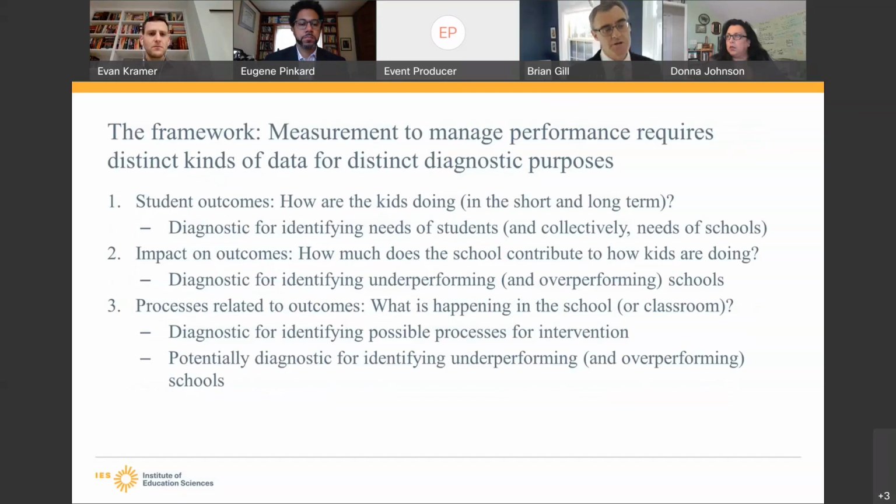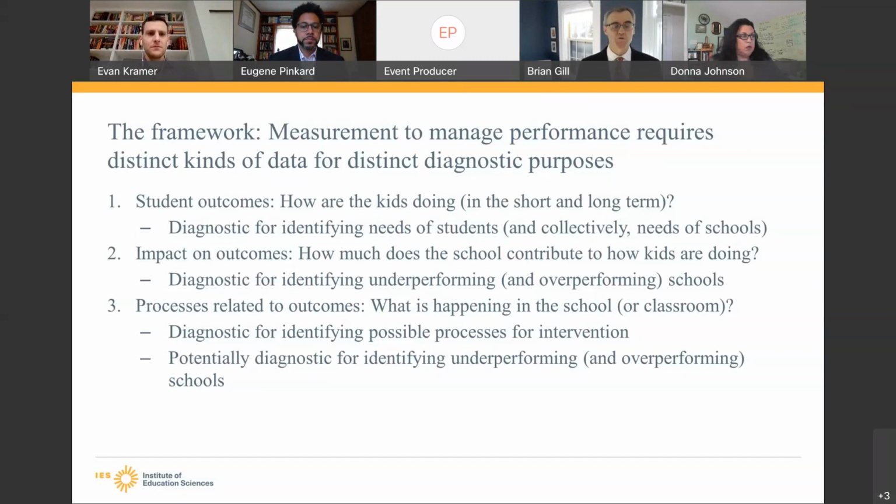So what I'm proposing here is a three-part framework where each kind of measure in each part addresses a particular question. The first one is student outcomes, answering the question, how are the kids doing in the short and the long term? And that, of course, is diagnostic for identifying the needs of students and collectively identifying the needs of schools. The second category is about impact on those outcomes.